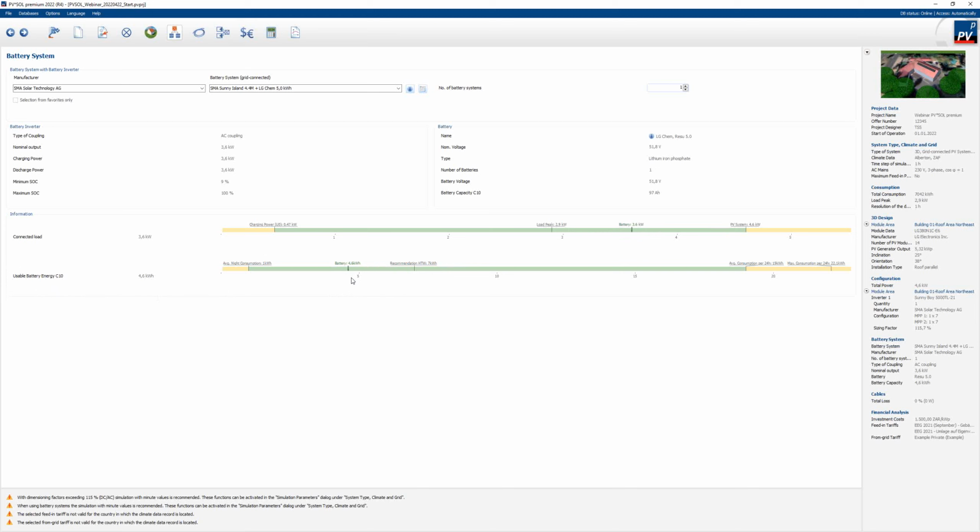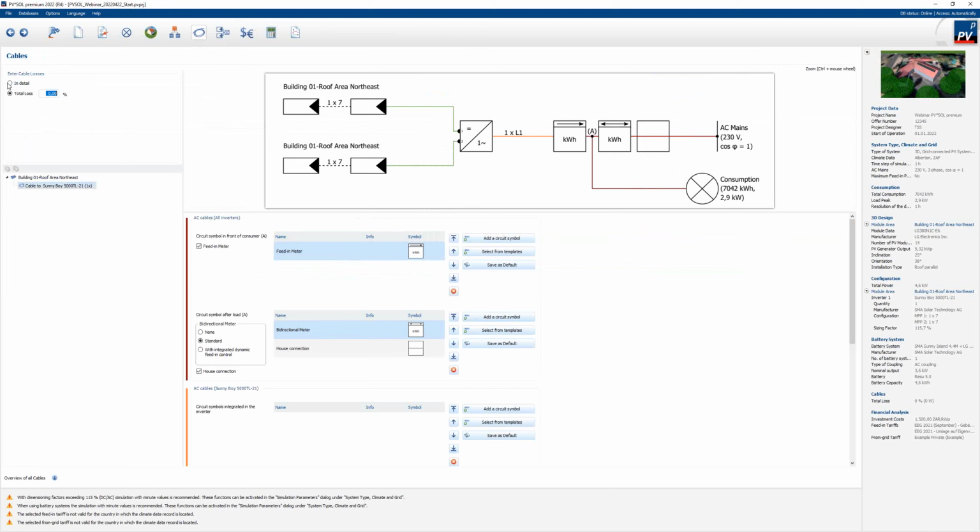Okay, I think that's it for the battery systems. We can move to the cables here. This is basically to define the cable losses. You can enter total loss if you know, okay, this kind of system has about 2%, or you can enter it in detail, which means you have to enter the cable length and cable cross sections, and then the software calculates the